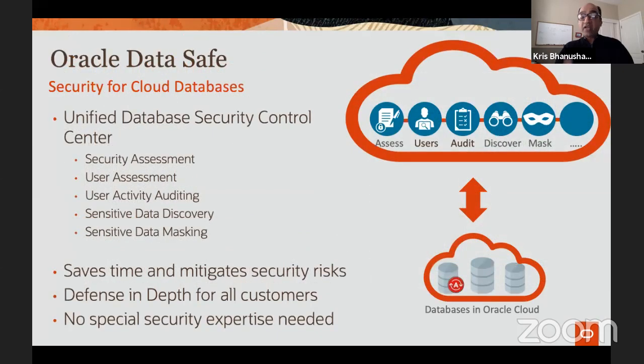We also provide a separate service, a security service in the Oracle Cloud called Oracle Data Safe, which allows you to create security assessments, data masking, data discovery, a slew of features. It's a separate service of its own, and it's actually free or included with the Autonomous Database. So if you're using the Autonomous Database, you have free entitlement to using the Oracle Data Safe service, which gives you all these features.